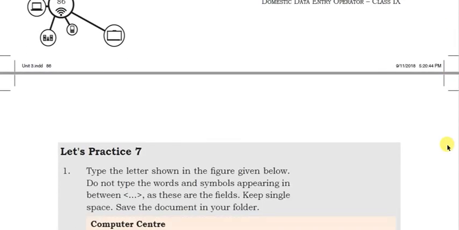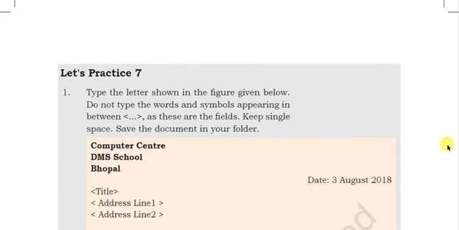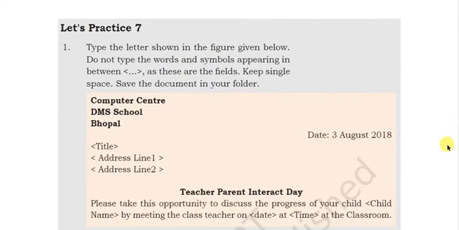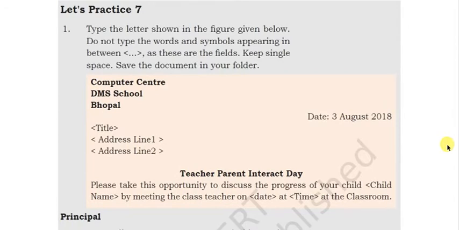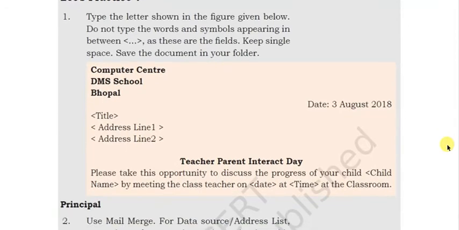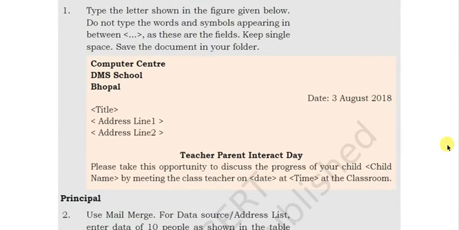Now you can practice this so that you can use the mail merge facility to the fullest. You have to print the document like this, where the title, address 1, address 2 should come from the data source. Similarly, the date and time should also come from the data source.